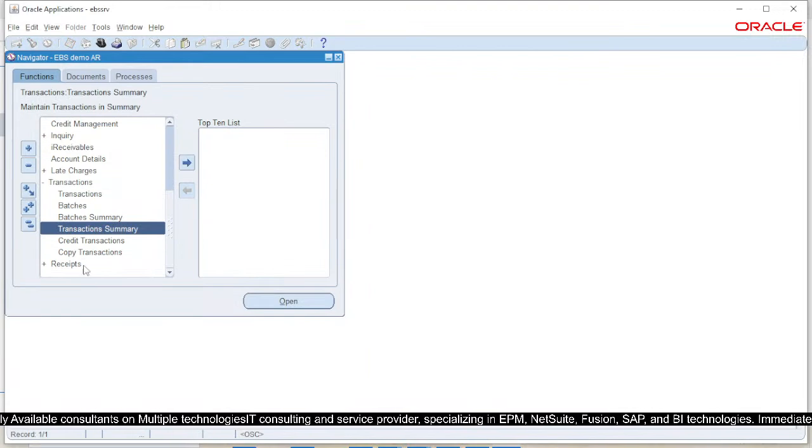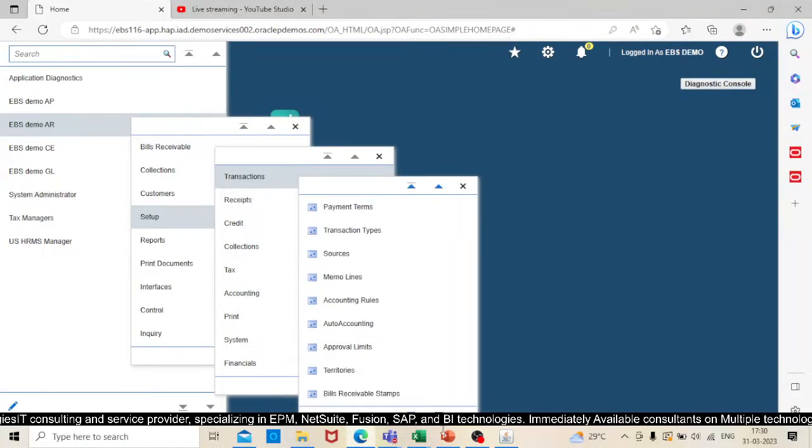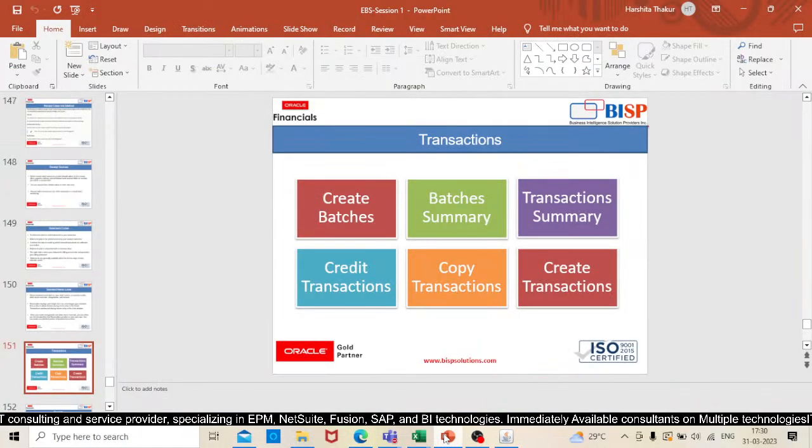copy transaction. Fine, so we have covered all the tabs under this transaction. We have seen how you can create a transaction, batches, summary, transaction summary, credit transaction, and copy transaction. Let me move to my PPT. So we have covered all this under a transaction